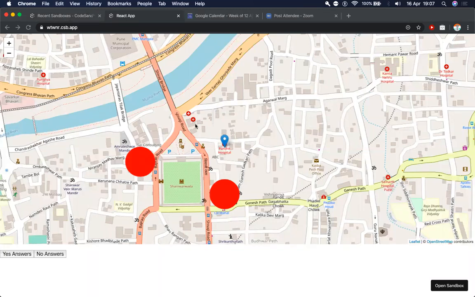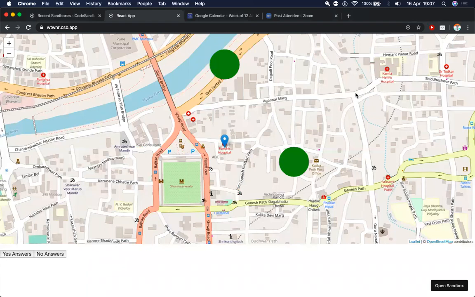It can be something like, are you interested in this workshop, or is home delivery available in your area, are shops operational in your area, something like that. So we can quickly jot those data points on a map and then get a visual representation of how that data is looking on a map.